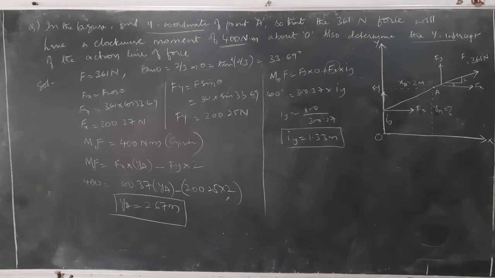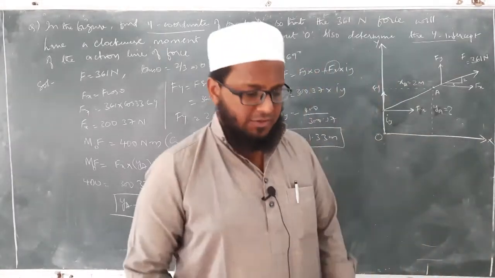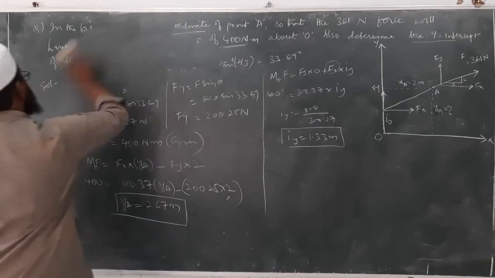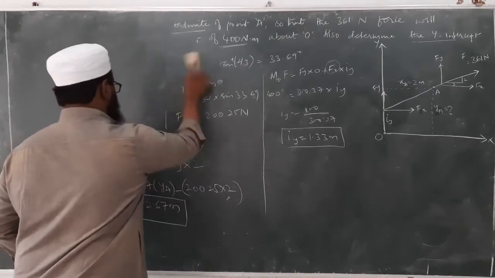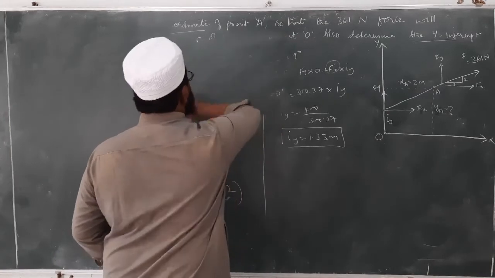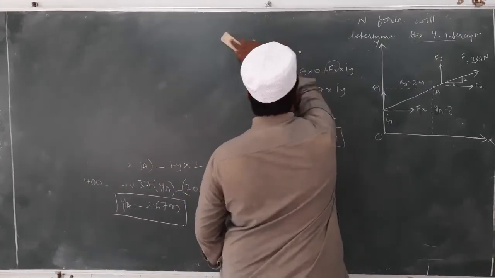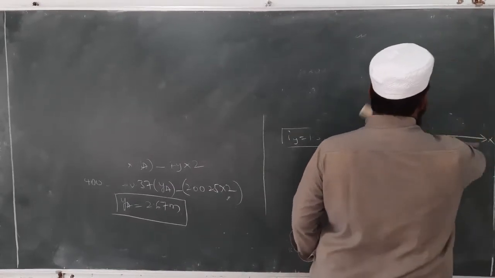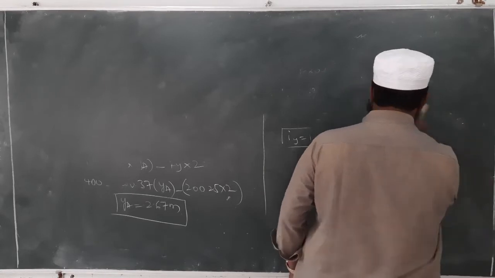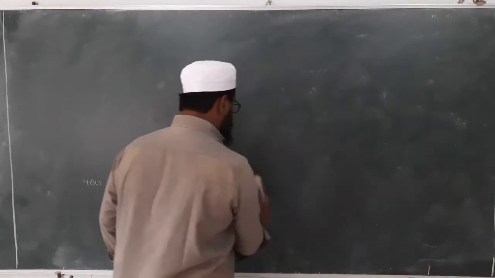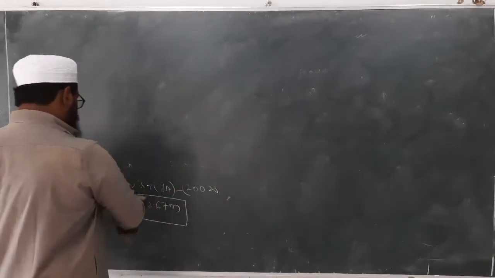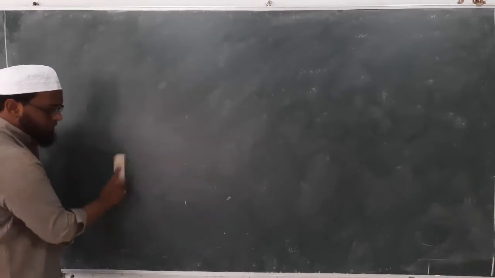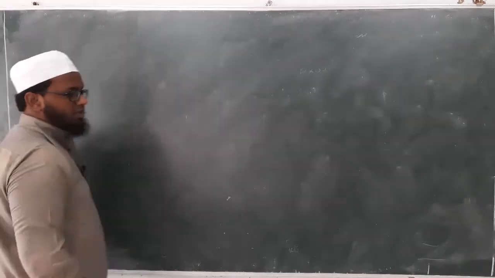So after this one, we will go for another problem. It is another problem, also almost the same, but few changes are there. The concept is important. If the values are somewhat different, I mean, if instead of 33.69 you are getting 32.89 or something like that, that doesn't matter at all. But the method and the concept which we are following is that important. Okay, sign conventions and all, those are very, very important.